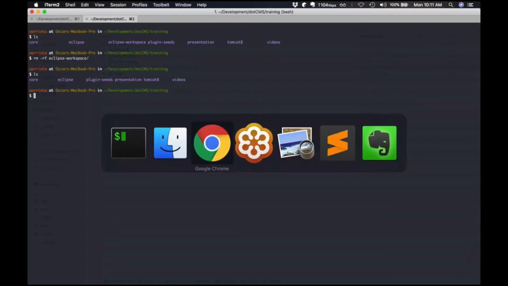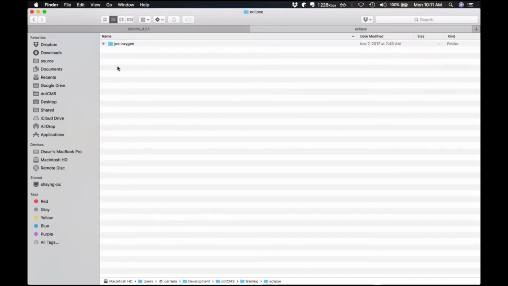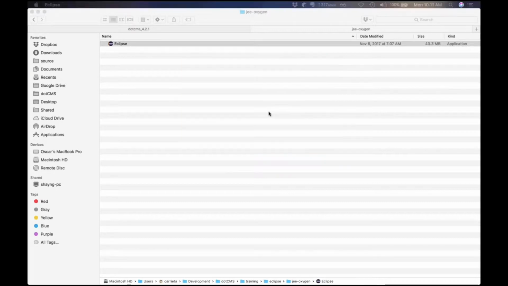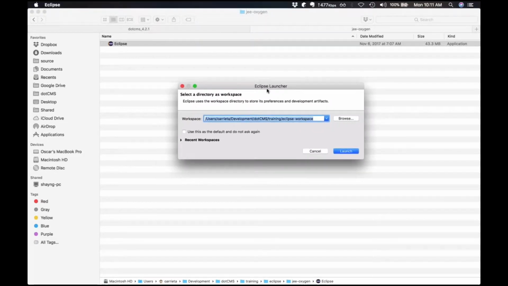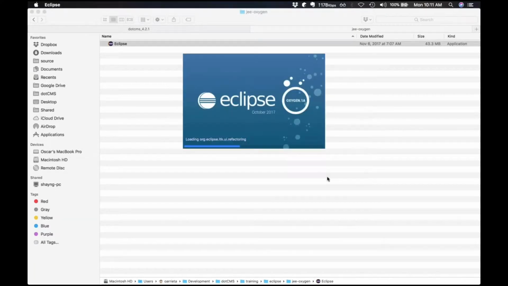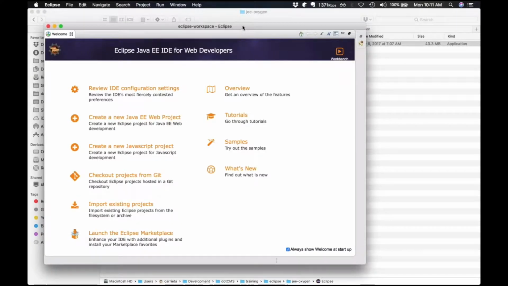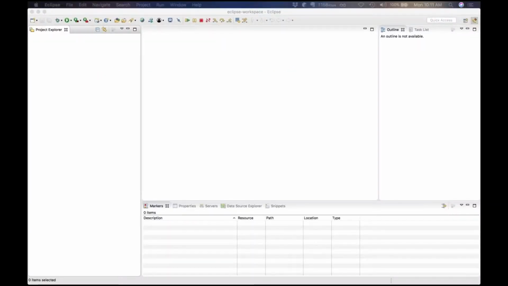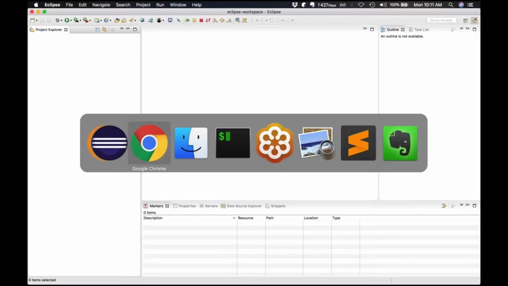Okay, so I'm going to open Eclipse. Let me just go into Eclipse. Let's see how this goes. Well, seems like this is from October 2017, sorry. So right now I am using the dotCMS training Eclipse workspace, just the same that I just deleted, so it will be created. Just give it a couple of seconds here. I'm going to close the welcome page. And now, following